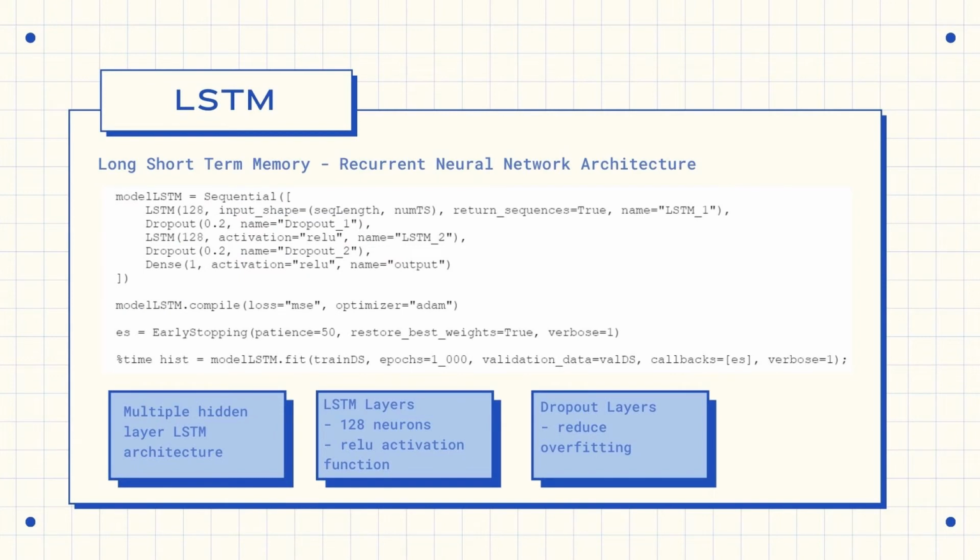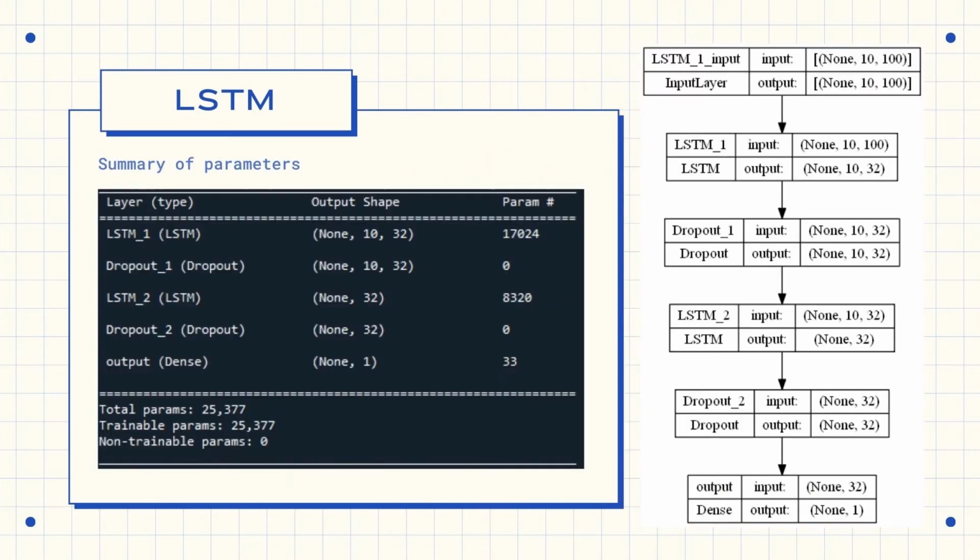The first deep learning method we will use is the long short-term memory architecture, which is a type of recurrent neural network suitable for modeling time series data. In particular, this model contains two hidden LSTM layers with 128 neurons each and a ReLU activation function. It also contains two dropout layers in between, which reduces overfitting. Here, a summary of the parameters is shown, as well as a plot of the model to better visualize the